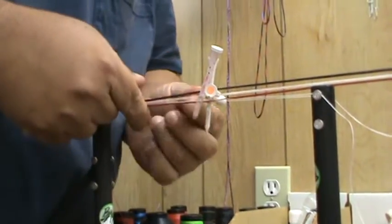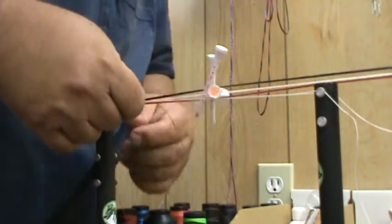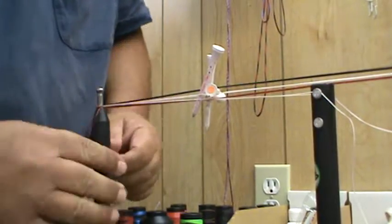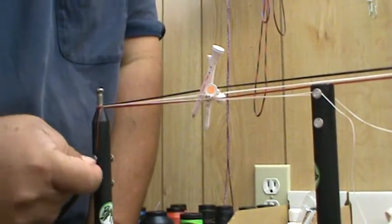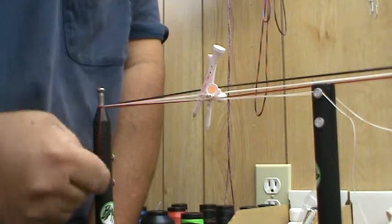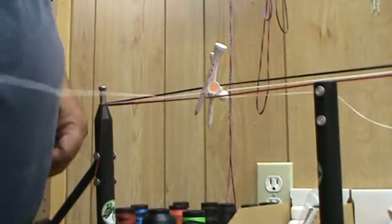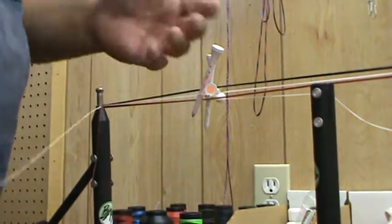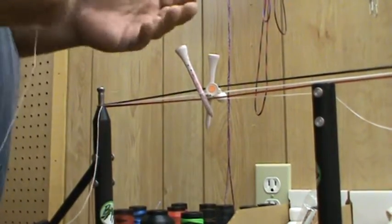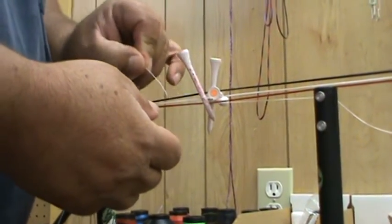Alright, I'm going to do about one or two more, and then we'll do the pin. Alright, what I do here is just to hold it in place while I'm putting my wraps in the pin. I just go around the post, hold that tight a few times. Now I'll take the pinstripe loose, and this is where it helps having the pinstripe separated to the outside of the colors, because now I'm just going to go around the pinstripe